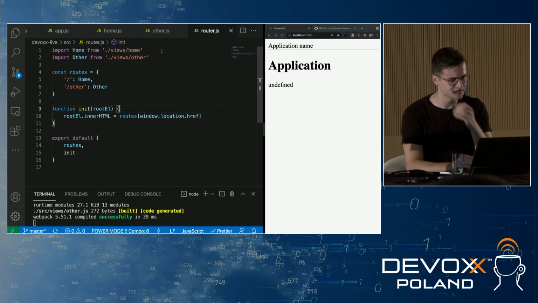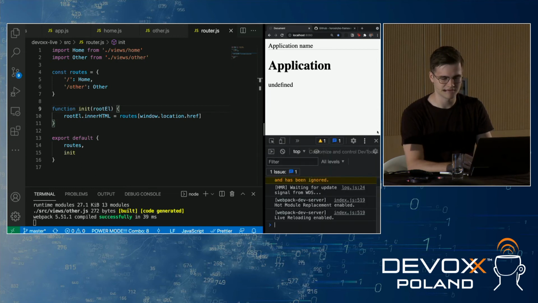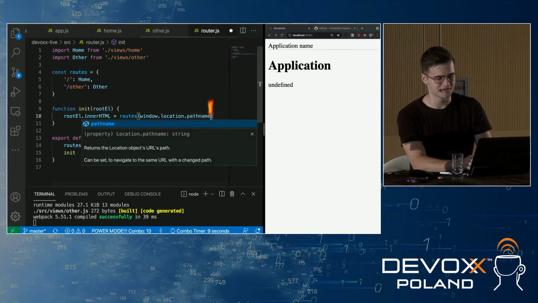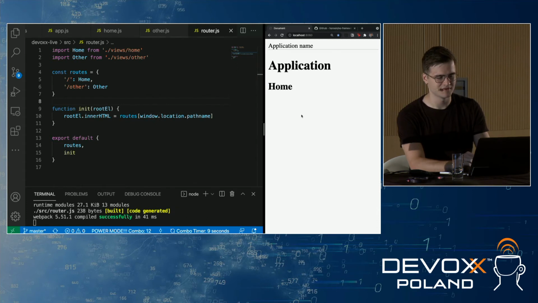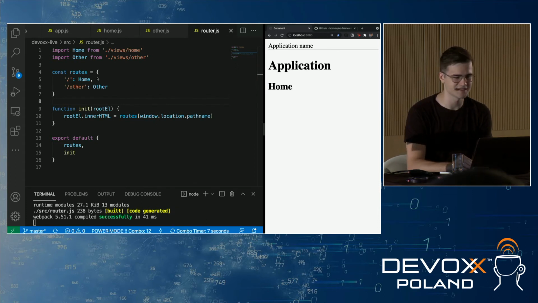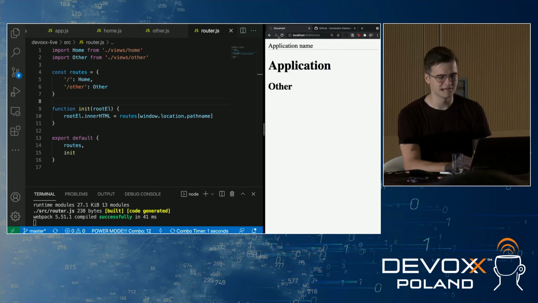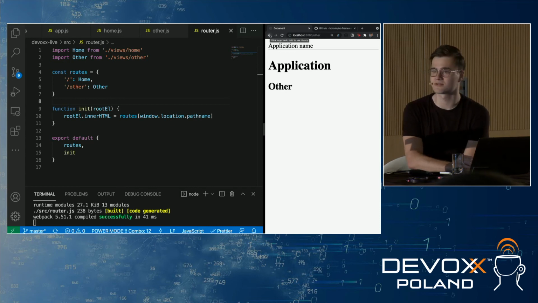Okay, let's see, we don't have errors here. So let's actually, okay, this shouldn't be href, this should be pathname. All right, routing works. Let's see how going to other works. Okay, it works, but it requires refreshing the page, so we still did not reach our goal of having a